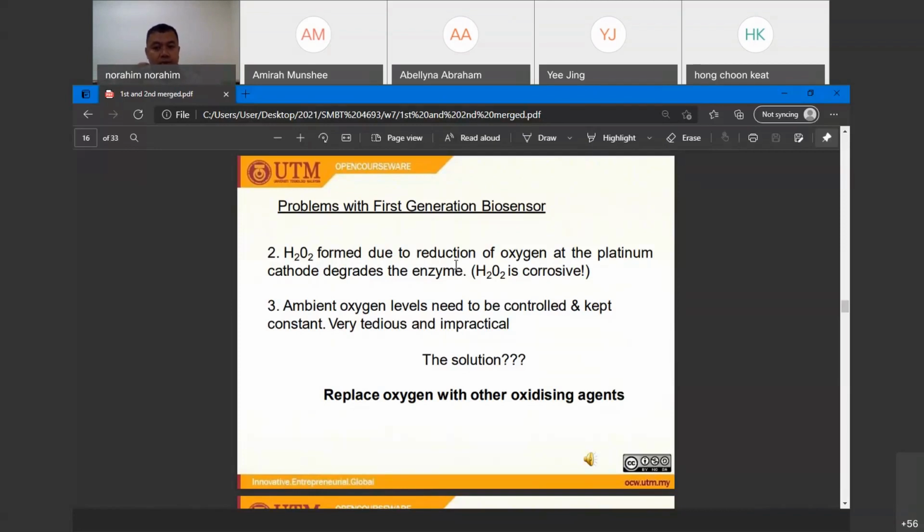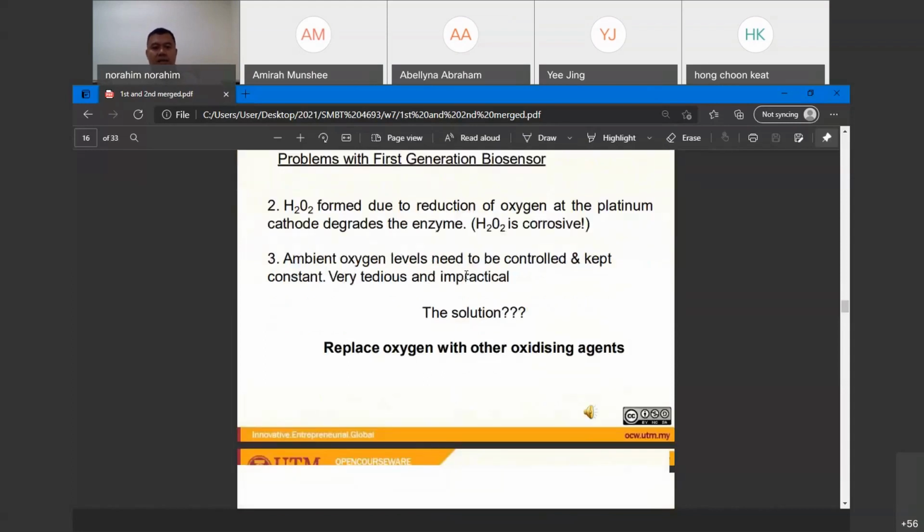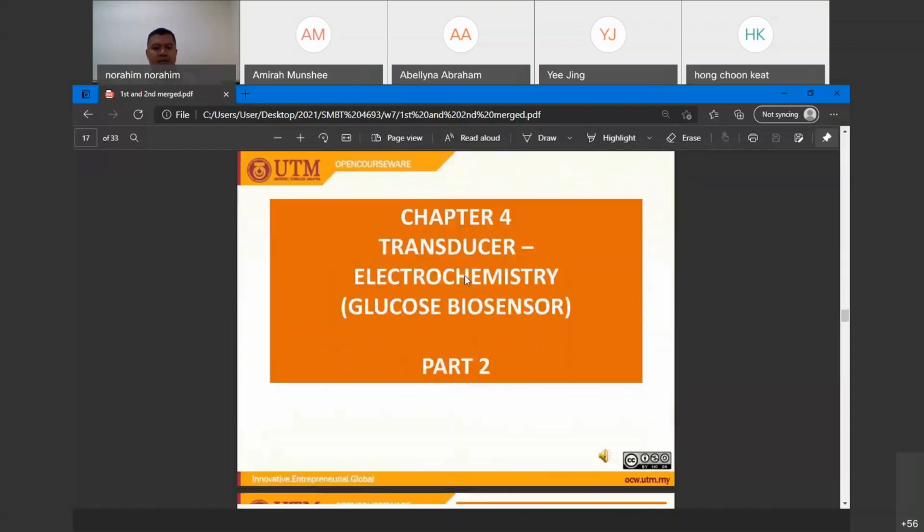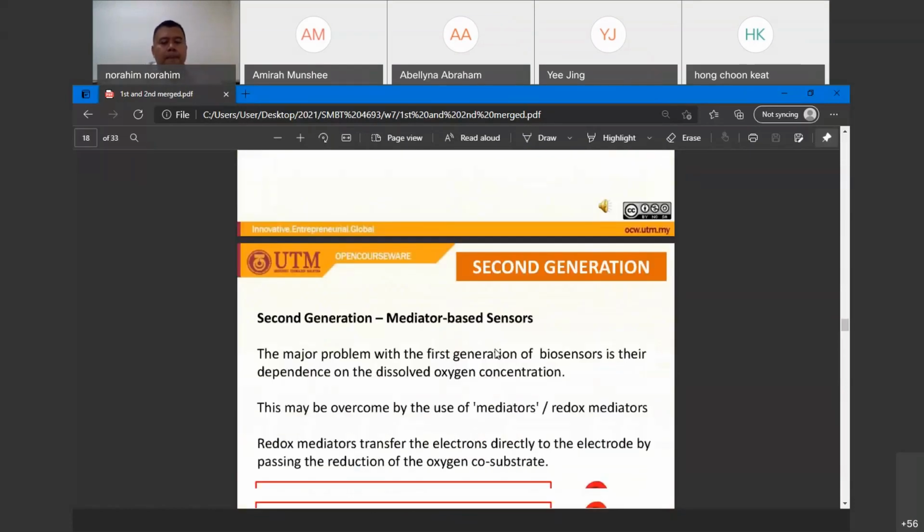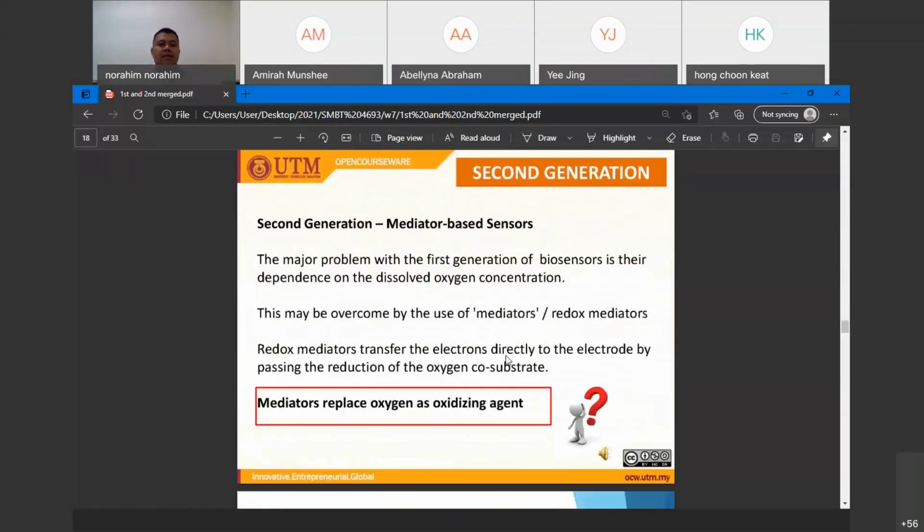So in order to solve this problem, they replace oxygen with another oxidizing agents. Ada beberapa lah, then we will see what they are. And then we will go into the second generation of a biosensor, glucose biosensor. Okay, so far, that was the first generation. So we go into the second generation now. Okay, second generation